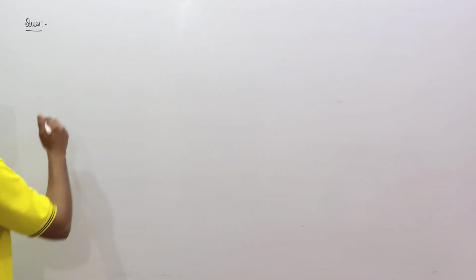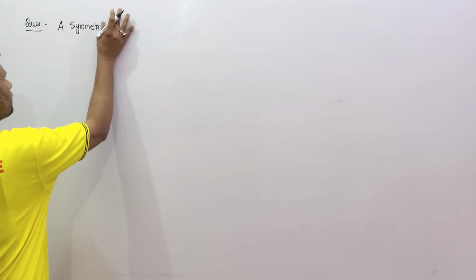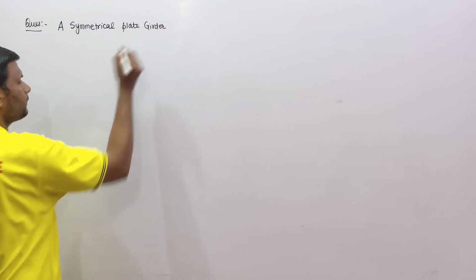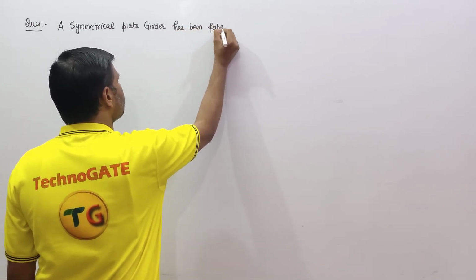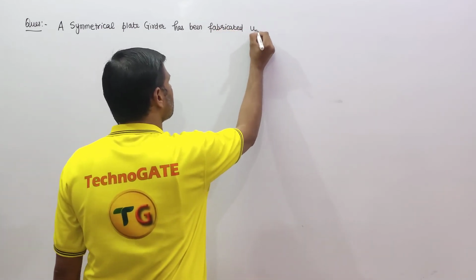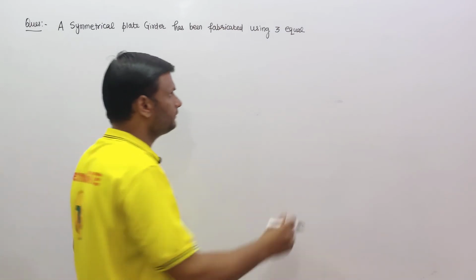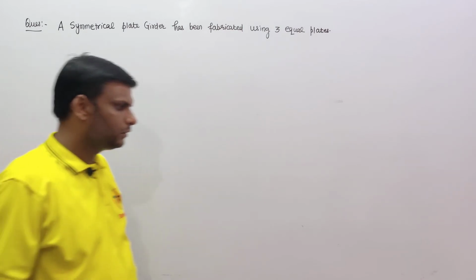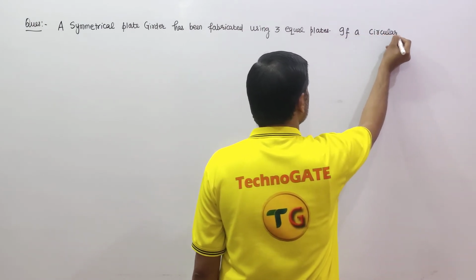a symmetrical plate girder has been fabricated using 3 equal plates. Means approximately the same question is there. A symmetrical plate girder has been fabricated using 3 equal plates. If a circular hole of diameter